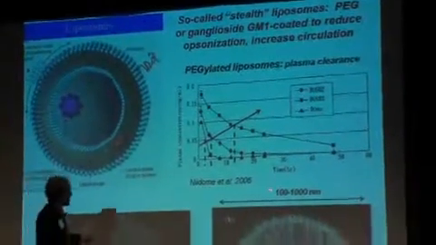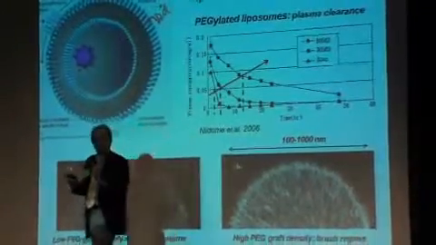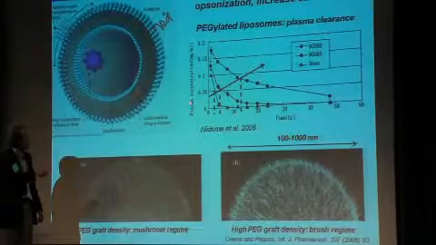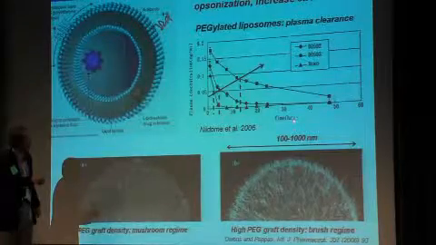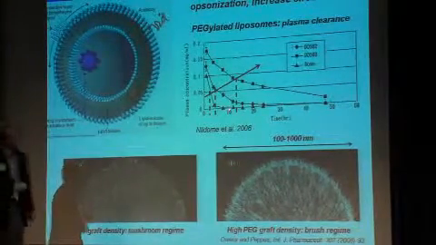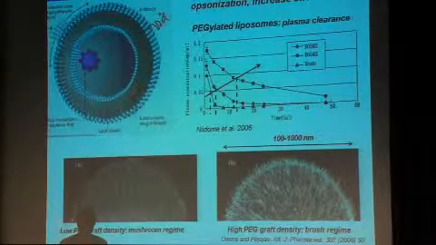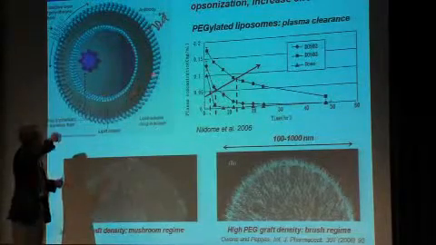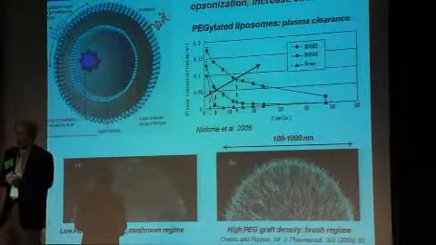So this old data shows what happens when we take a naked liposome that doesn't have any PEG on it, and we inject it into a mouse, and we measure how much of the circulating plasma in the mouse contains liposomes. And you can see over time, this is hours now, 100% of that dose is cleared within 10 hours. 100% of a liposome dose without PEG is cleared in 10 hours. Now we take the state-of-the-art method, and we decorate the surface of the liposome with PEG. This is the state-of-the-art, the FDA-approved product, Doxil.